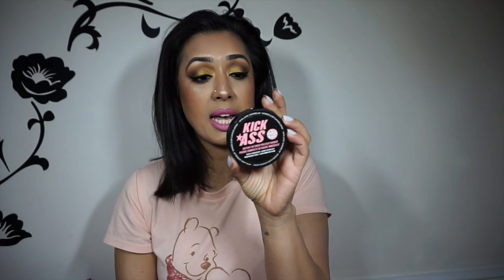Translucent, I don't know why brands call things translucent when I can still see the whiteness in it on my skin. So obviously the darker you get, the more likely you are to have more of an ashy kind of look to your skin. And I am, for reference, an NC40 by MAC, and at the moment I'm wearing Barcelona by NARS. So that's just for reference for you guys. But if you use a very light-handed approach to this, it can really work for you, and it does work excellently. The same sort of thing with the next thing I'm going to show you, which is the Kick-Ass